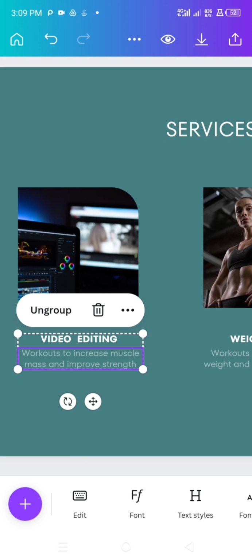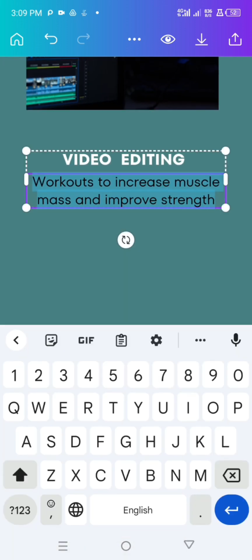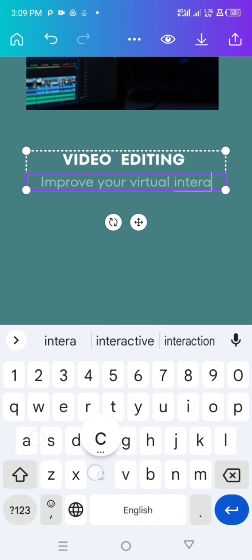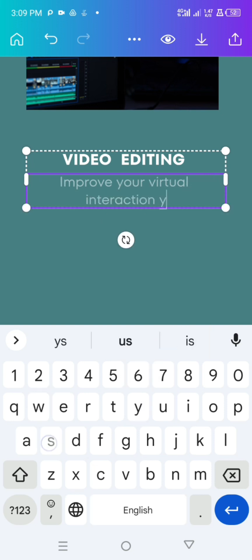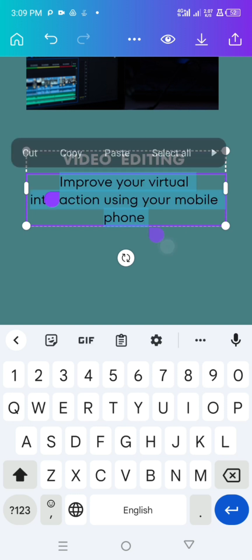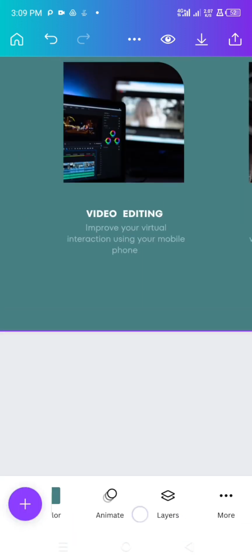Scroll up and change this to improve your virtual interaction using your mobile phone. I'm going to click on this and head over to,